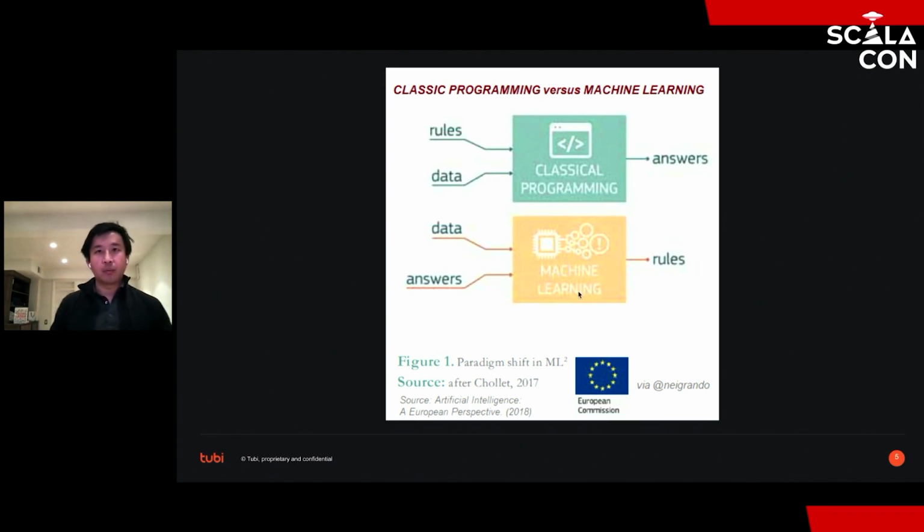Because when users log into the Tubi home screen, we are not shipping them a Spark pipeline.zip file and saying, hey, you figure out what home screen you're looking at, and you figure out how to render the images and start the videos, right? What we're actually doing is taking the rules that are coming out of these machine learning models and feeding them into quote unquote a classical program, which is our production system. So it's not that they're replacing one another, it's that they are working to supplement each other, right?